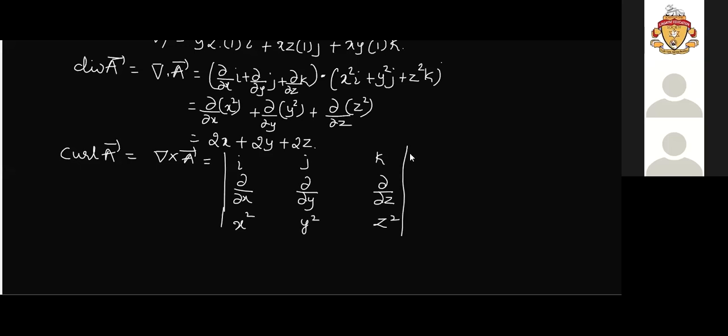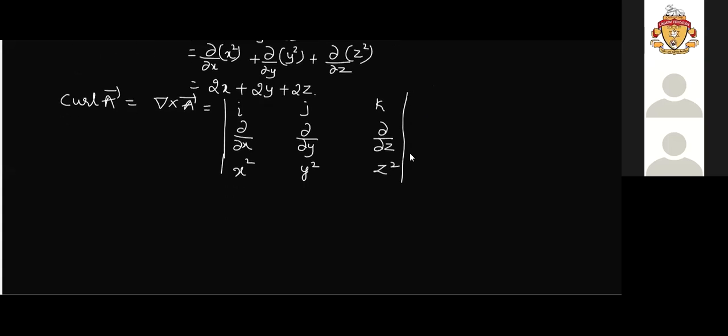What has to be done for a determinant? We can find the value by expansion. Before doing the expansion, we need to assign the sign. Yes, this is plus, minus, plus. Better expand it by first row. i into bracket. So i is lying in first row, first column, leave it. You should find the determinant of these four elements, means cross multiply like this. So what is this? Dou by dou y operating on z square.